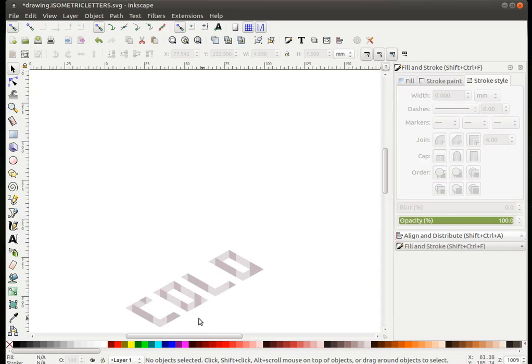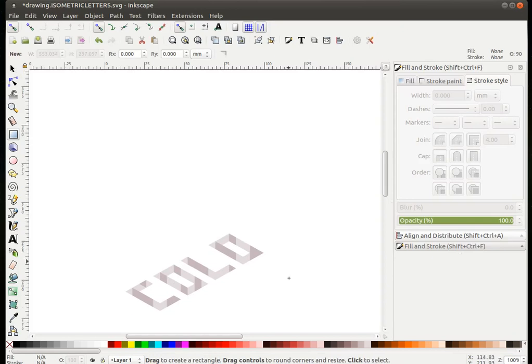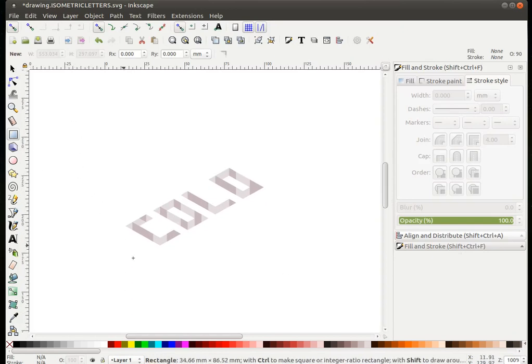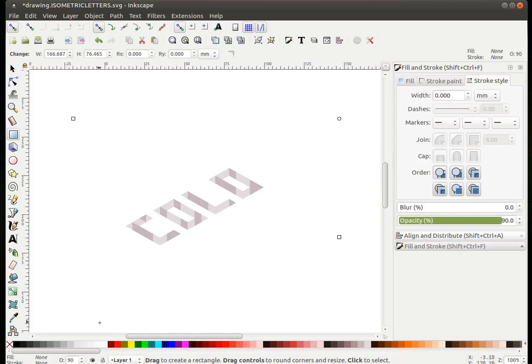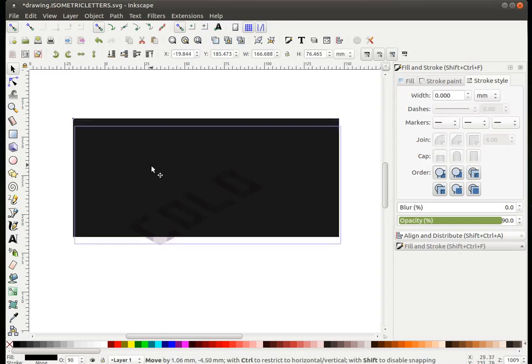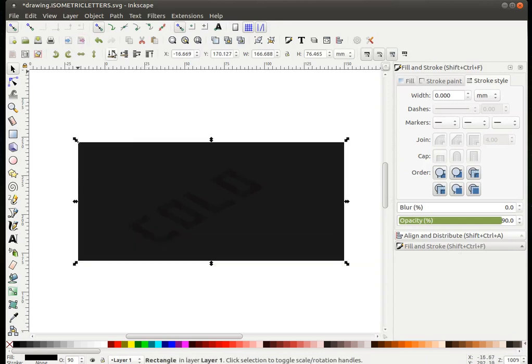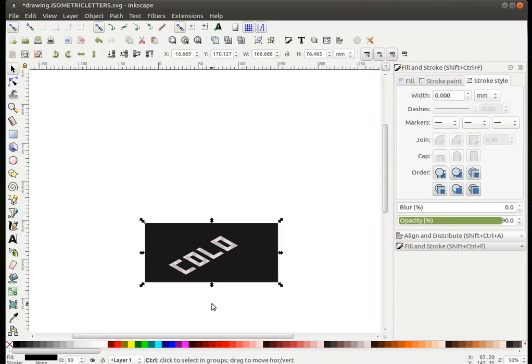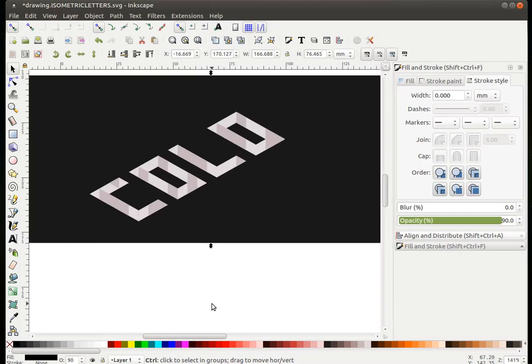So we are done, and this is what isometric letters look like. Let's add a little bit of background so that they might be seen quite well. So let me draw a rectangle over there. Oh sorry, I used color white. And let me go to select my tool, bring it down a little bit, and let me raise it up a little bit. And so as you can see, my letters here appear like they have been dug into the surface and they're on the ground.